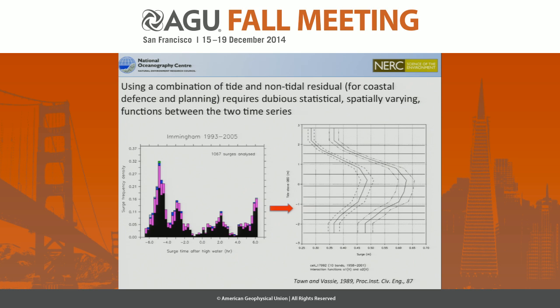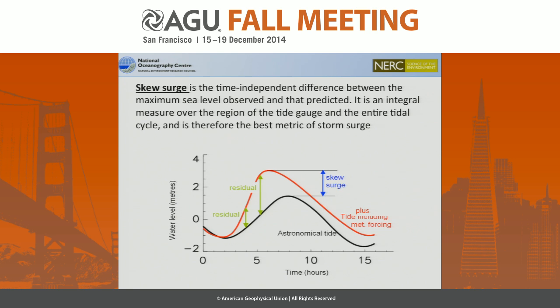additional stresses. And if you try and capture the complexity of these empirical observations, and they vary from one place to another, it forces you into choosing some complex but very empirical, very spatially varying, and possibly therefore dubious statistical models that relate the size of the residual that you might encounter with the tide that it falls on and the timing. Whereas a far better measure, and this is something that certainly the Dutch have used for many years,